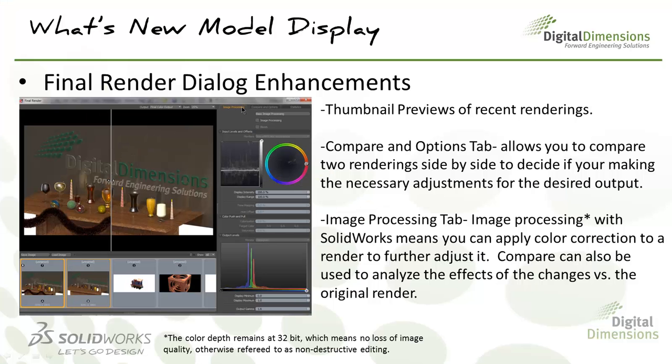And lastly, the final render dialog box has been improved. We now have thumbnail previews of our recent renderings. They've included a Compare and Options tab, which will allow you to compare multiple renderings side by side to make sure that you're on the right track when making adjustments between renderings. And there's also a new Image Processing tab, which will allow you to make color corrections to your final renders. Keep in mind, any image processing that you perform within SolidWorks will be non-destructive, which means the original rendering shall remain at a 32-bit color quality, so that way you can keep coming back into this final render dialog box